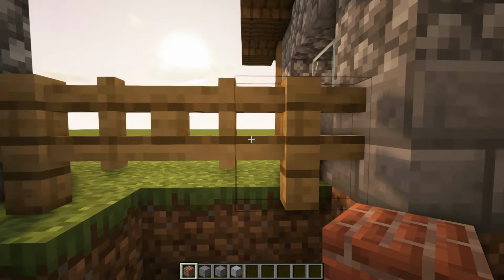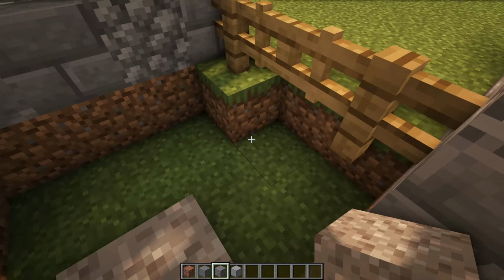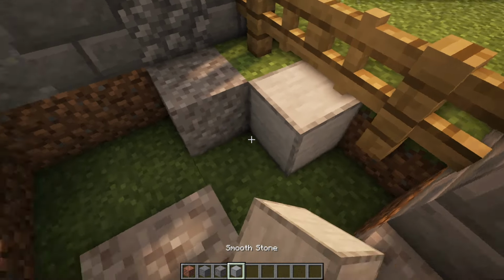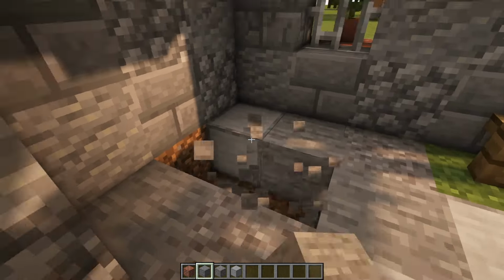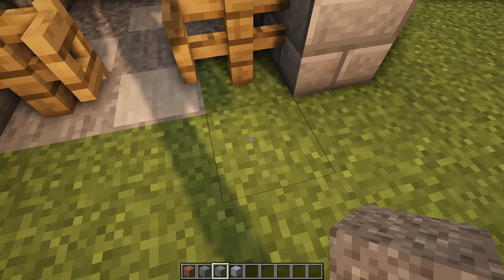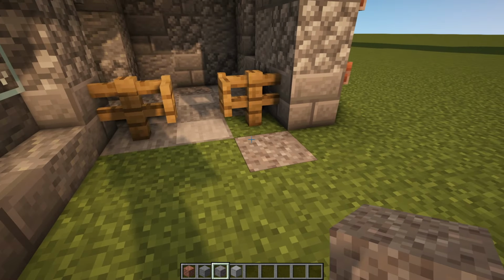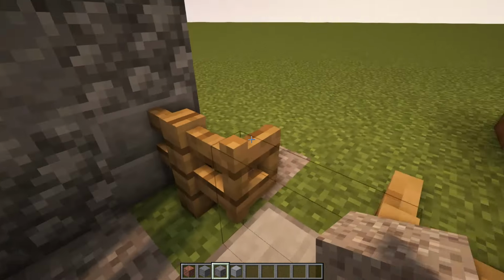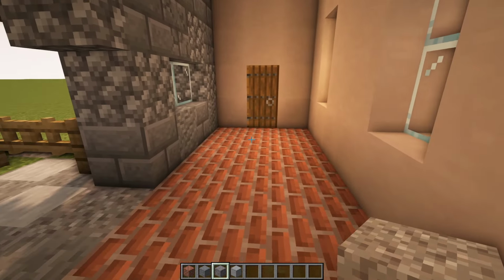Maybe leave just 1 underneath these fences, because we kind of want to just make a textured pattern using gravel and smooth stone and then regular stone as well. So we eventually end up with something like this, and even if you want to, you can trickle it on outside as well. Maybe chuck in a little bit of coarse dirt here just to blend it a bit nicer. But yes, the floor should be like this for the outside working area, and nice and smooth with the brick